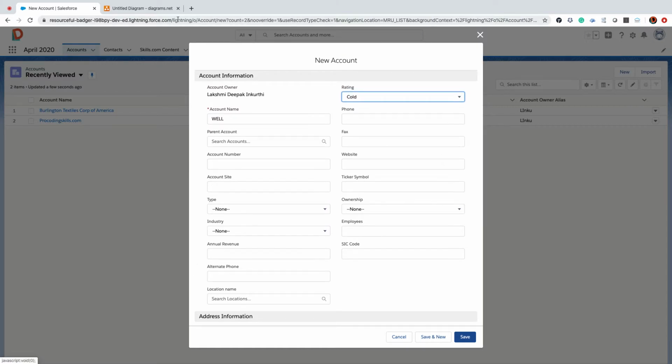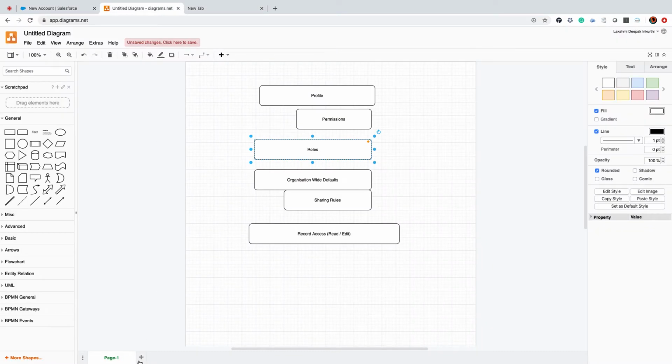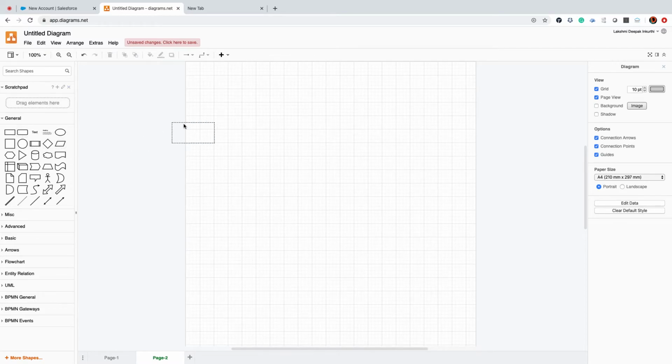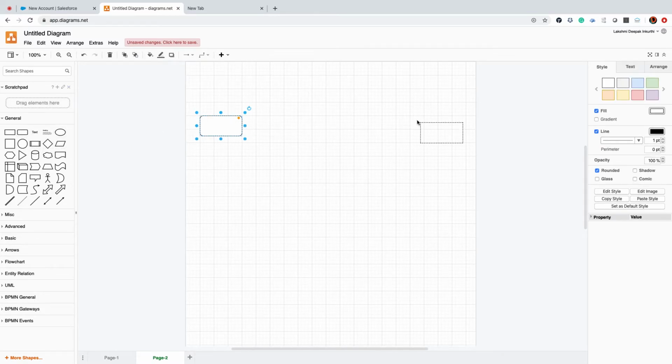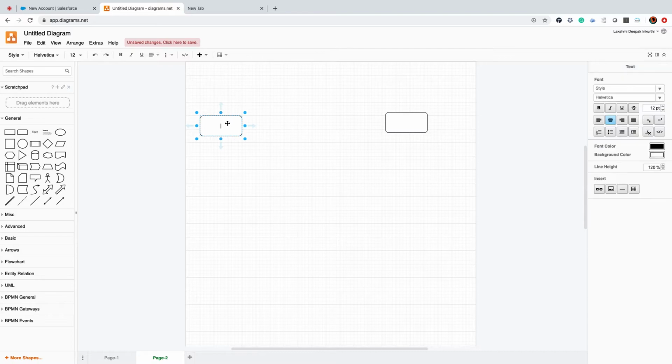But the problem is that we have two users. How are the users laid down now? We have Sunil and we have Nikhil, right?